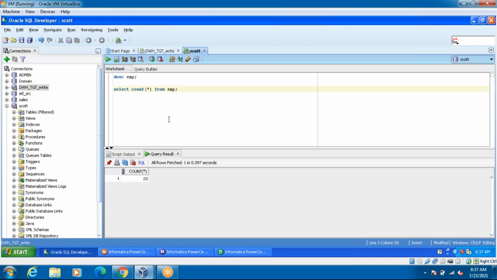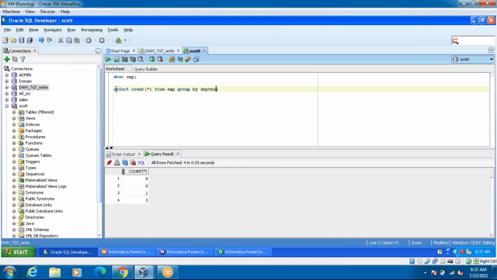Whatever logic they implemented through ETL, that logic you have to implement in the source query. I'm going to give group by department number. Okay, see, like that I got it. But I want the count.